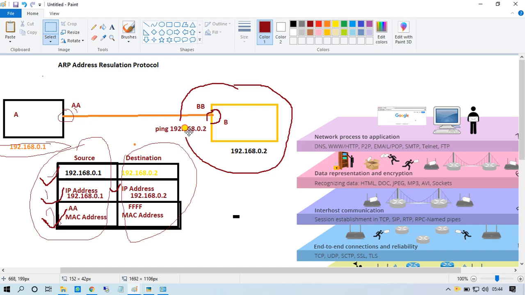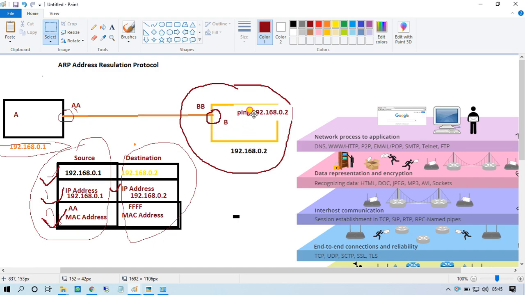After that, communication will happen, and PCB will receive the packet from here. The information it gathers is: source IP is this, destination IP is this one, source MAC address is AA and destination is FF, and it knows its own IP address, 0.2.